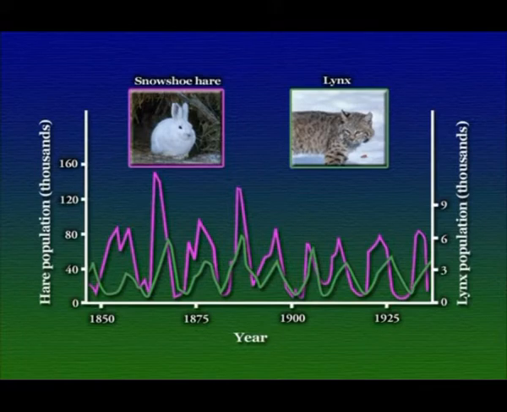That is, about every 9 to 11 years, you see an increase and decrease in the population size of both of these species. And in fact, you also see that the changes in the population size of the predator species, the lynx, lag behind the changes in the population size of the prey species, the snowshoe hare. This is just what we would predict given the verbal model I presented earlier of how predators and prey might interact and how this interaction could affect the population size of both species.